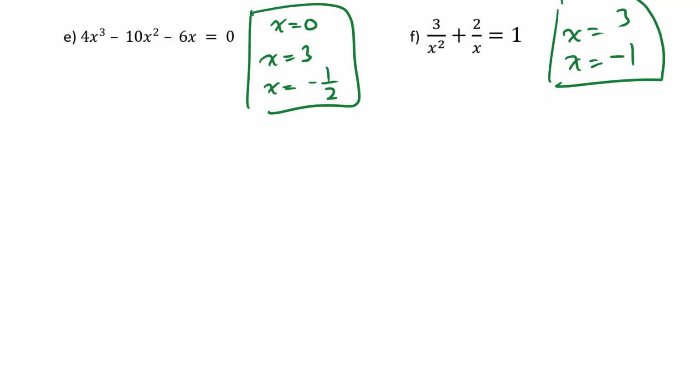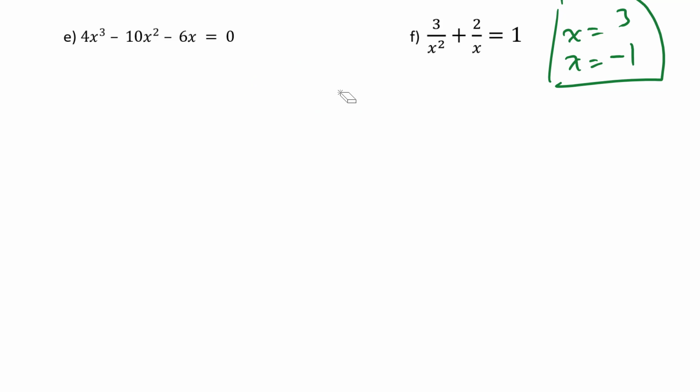Let's do E. There are 3 correct answers to E. Let's try that one. I think I might need a bit more space. I'm just going to erase these. Step number 1. We have a cubic function here, x cubed. But notice I have a common factor of x in all of them. I also have a common factor of 2. So first things first, to make my job easier, always see if you can take out a common factor. I can take a 2x out, leaving me with